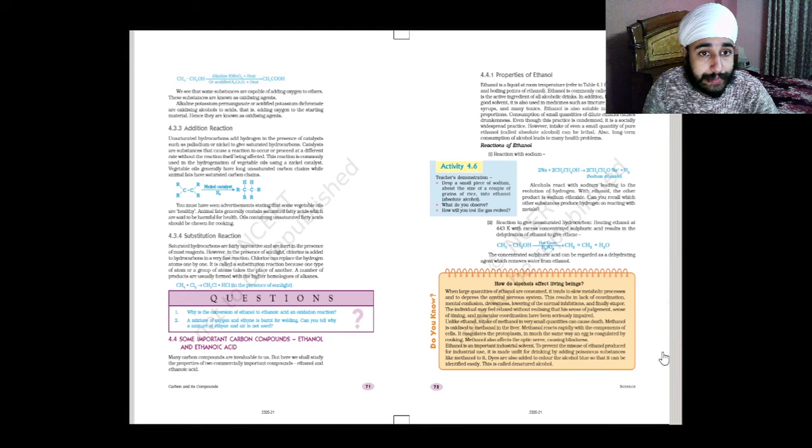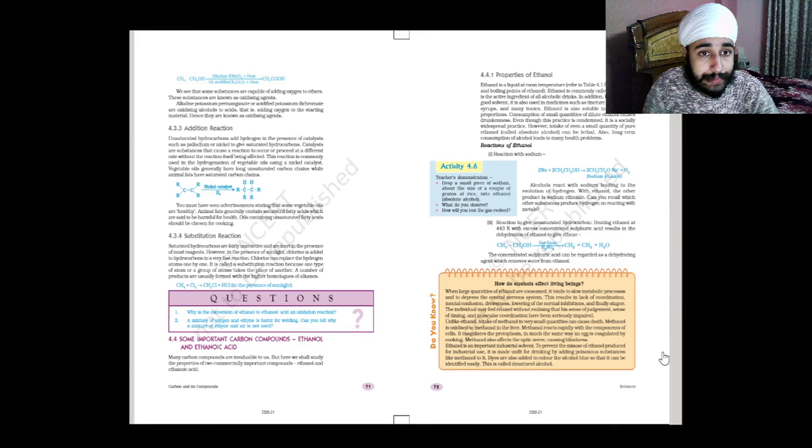Means it just plays with the mind. It cuts all the coordination of the muscles and your mind. Right? The individual may feel relaxed without realizing that his sense of judgment, sense of timing, and muscular coordination have